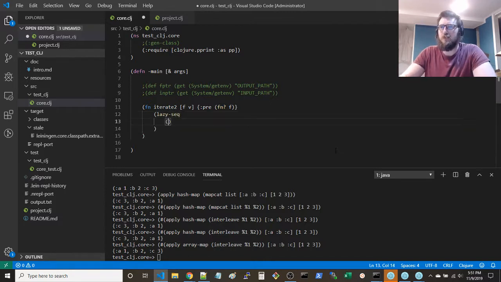And at the bottom of this, you're going to cons v with iterate 2, and you're going to provide f to iterate 2, and you're going to provide f applied to v. And I think that ought to do it.